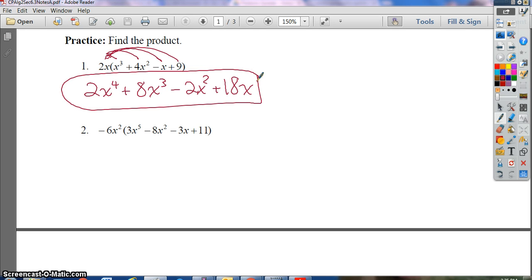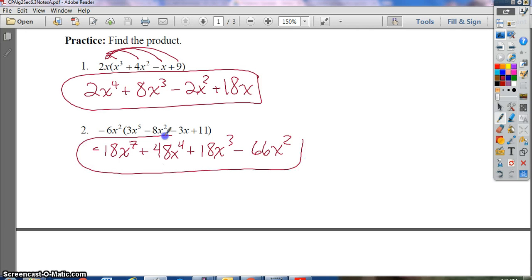There you go. All right, and moving right along, let's distribute down here. This is negative 18x to the 7th. Add those exponents. Positive 48x to the 4th, sounds good, plus 18x cubed and minus 66x squared. And that would be finished here too. So the front page of your notes is good. Remember, this is a minus sign or a negative. And I can go ahead and